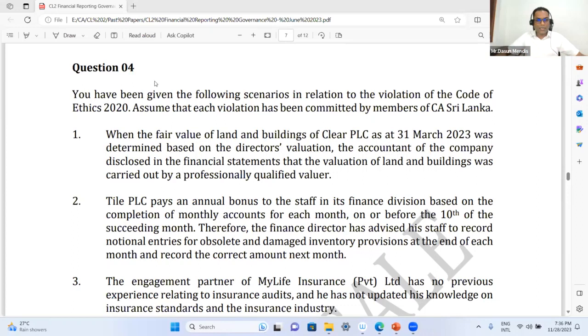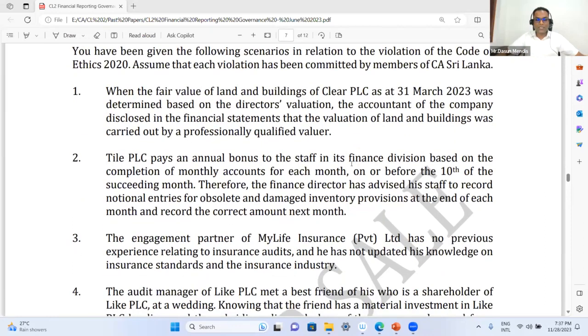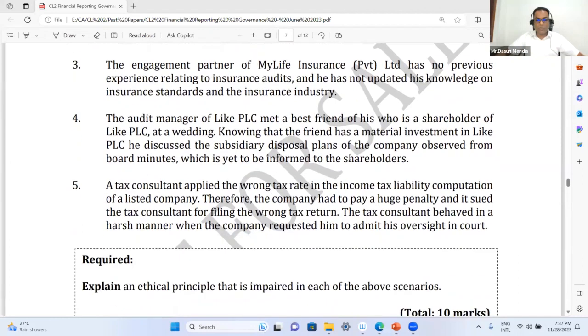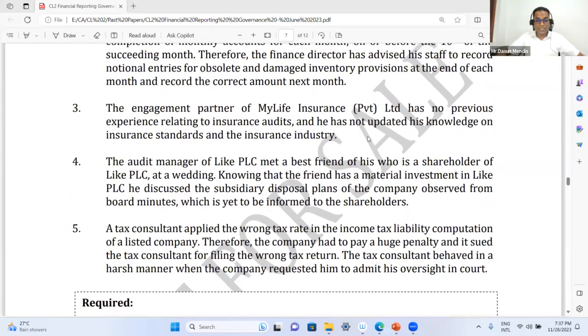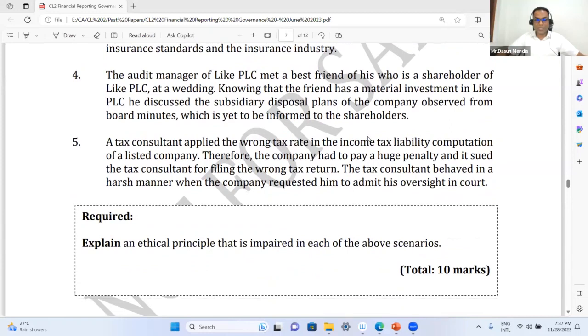So, question number 4 is an area that is repeatedly tested in the examination. It is from professional ethics, the ethical responsibilities of an accountant. Once you become a chartered accountant, as well as when you are a student, you need to adhere to certain ethics. This particular question is out of that area. As usual, before reading the question, look at the requirement, then when you read the question, you can plan the answer. So question number 4 wants us to explain the ethical principles